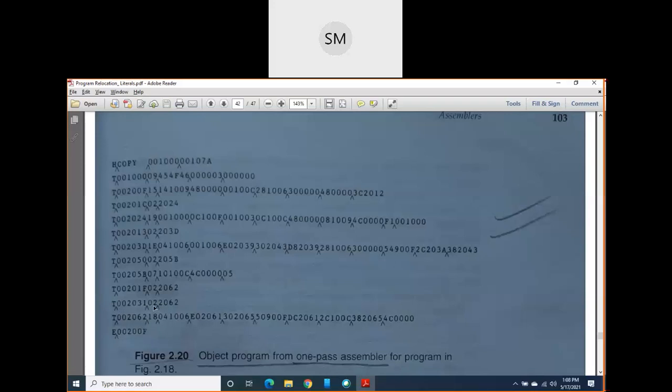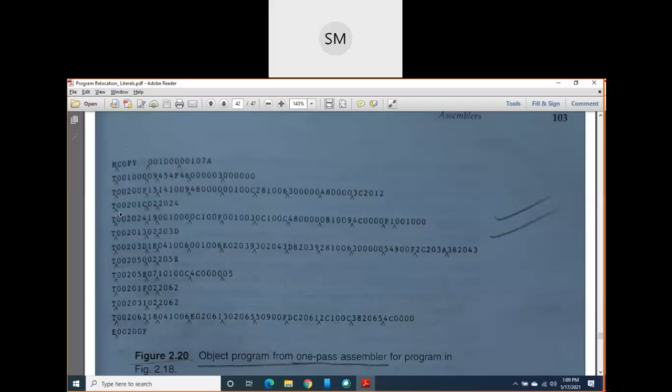So it means that when you come to line number 210, you get a definition of write record. After that, wherever write record is appearing in your program, those instructions you should write here in separate text records. Then again continue your text record from line number 215, and after that you write the end record. This is how we write the object program for a one pass assembler.